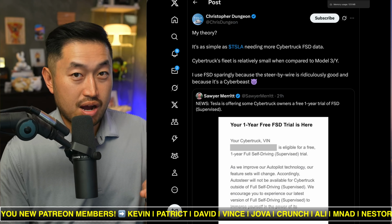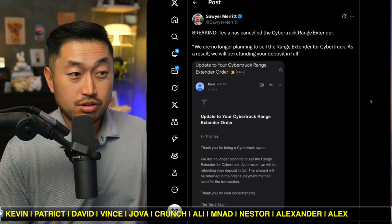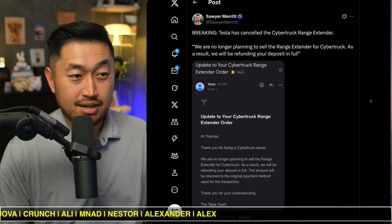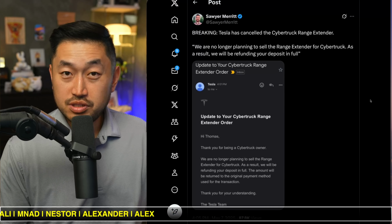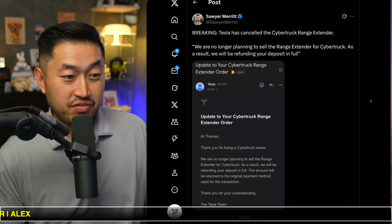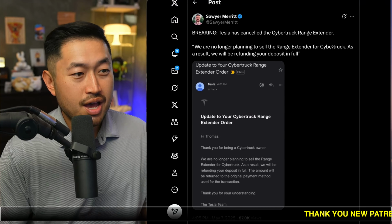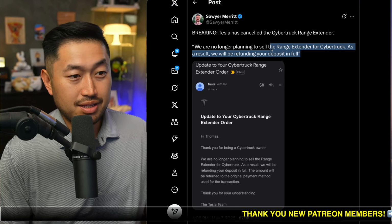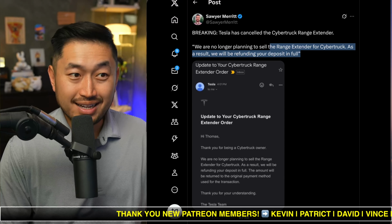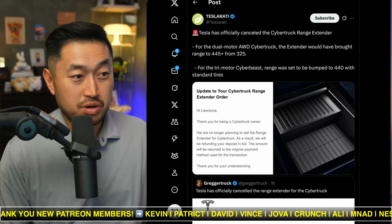The second problem, in which we feel like the Cybertruck is actually in trouble, because look what they just canceled. They have canceled the Cybertruck range extender, the extender that was supposed to push Cybertrucks over that 400-mile range, that range extender that was supposed to be what, $16,000, that was supposed to be coming out later this year as well. Quote, we are no longer planning to sell the range extender for the Cybertruck. As a result, we will be refunding your deposit in full. And so certainly not a good look. It was actually supposed to bring the range all the way up to